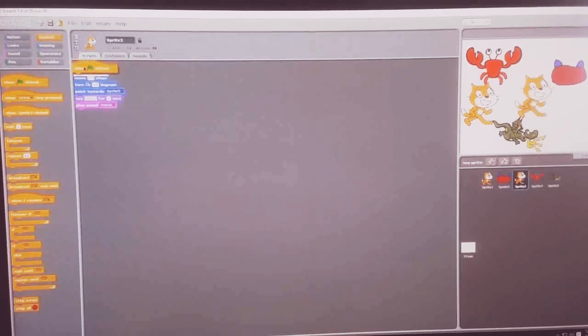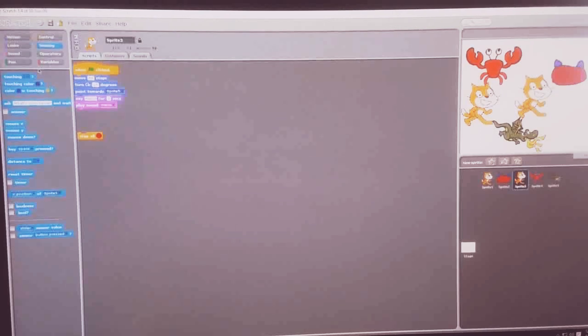So first, when clicked, then stop all, you can add here last. And when the space key is pressed, if you use it, then it will work. Some sensing is there, touching color, touching. What's your name, you can write here.